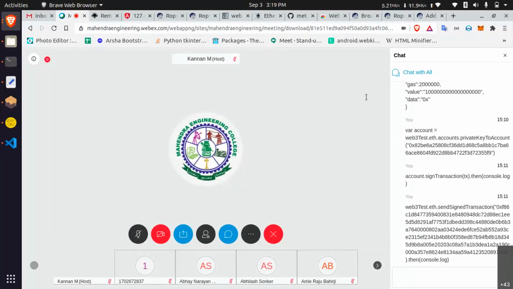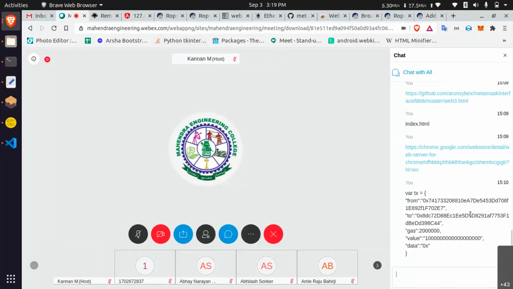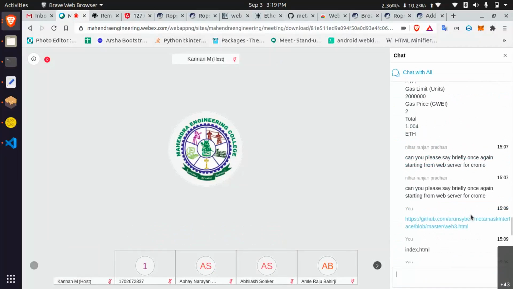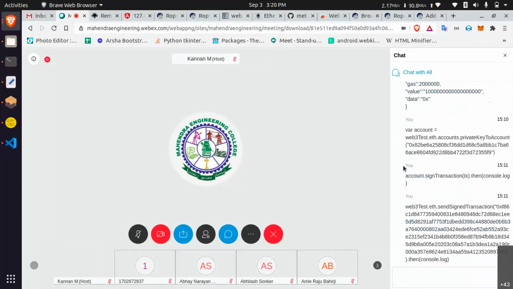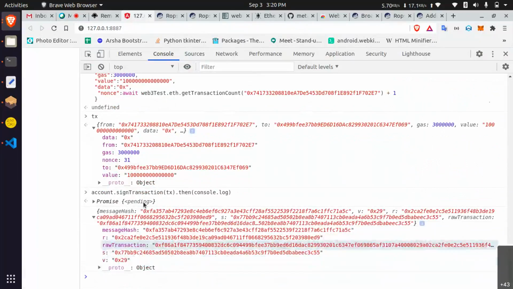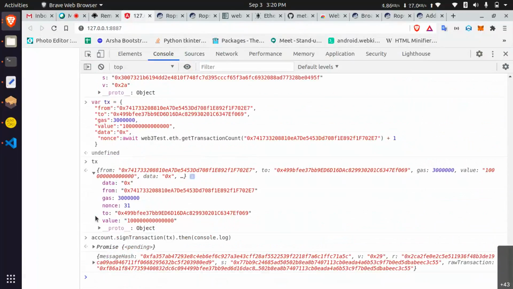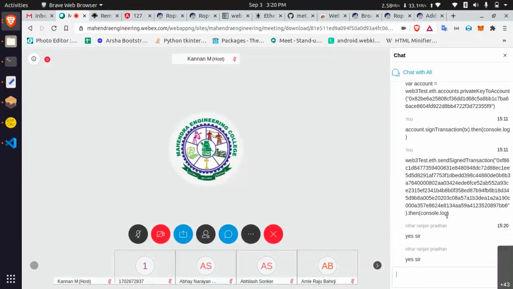Did you reach up to this point? Nihar Ranjan, have you reached up to loading these Web3 calls and then transferring to Ethereum by using Web3 calls? Have you transferred?